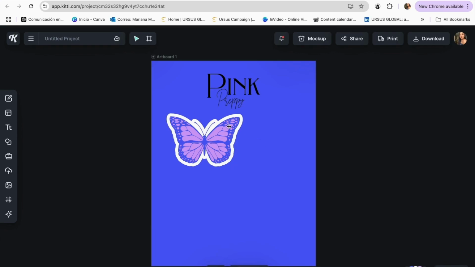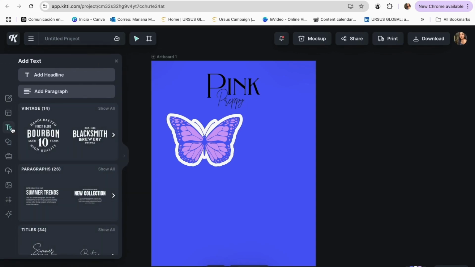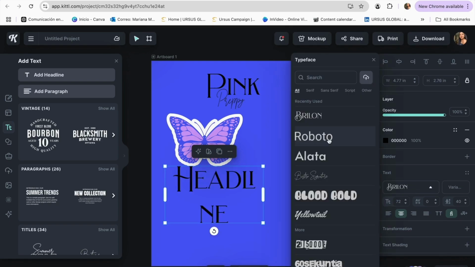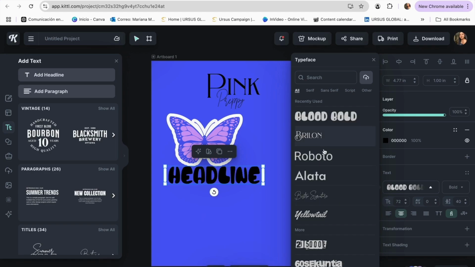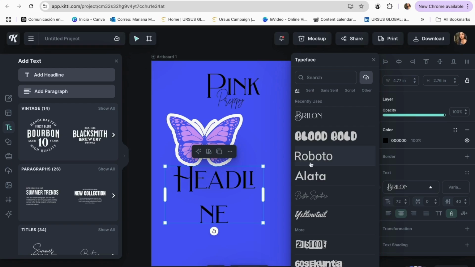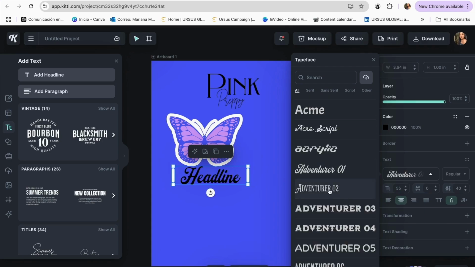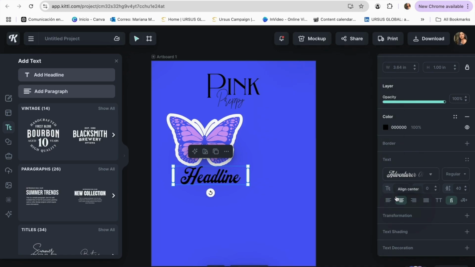To make this even more visually appealing, I would recommend you add some text as well. So we're going to do exactly the same. I'm just going to go to the section of text, and over here I'm going to be using a headline. I'm just going to click on Add Headline, and it already added over here. I really like to add my own headlines because I can customize it to the style that I really like. So I can make it bold, or I can just use the same style as these ones, but I'm just going to take a look at the ones that I like the most. And I'm just going to be choosing this font, Adventure 01,